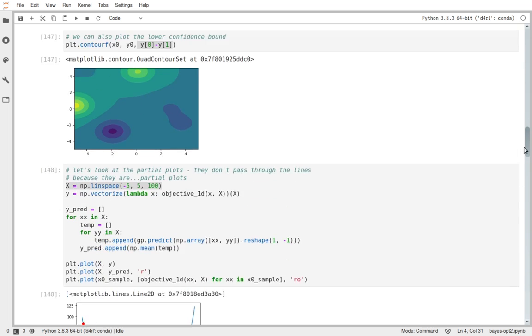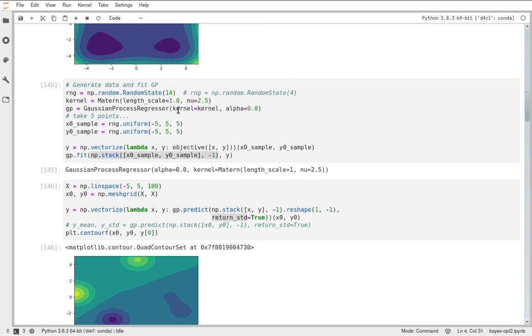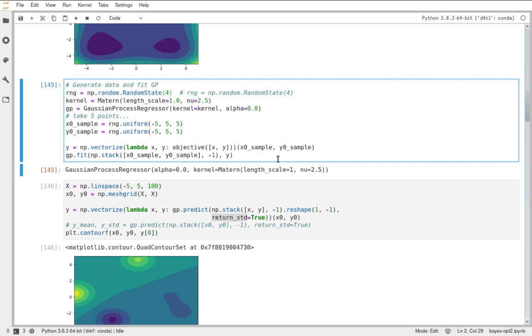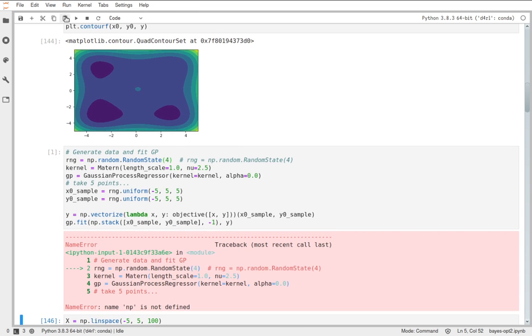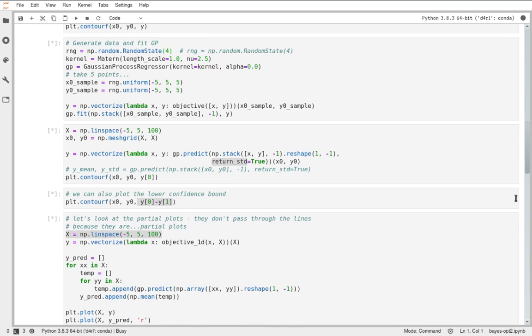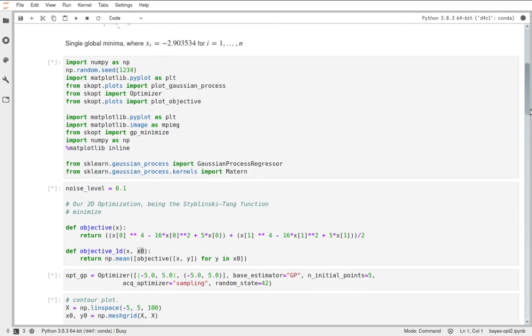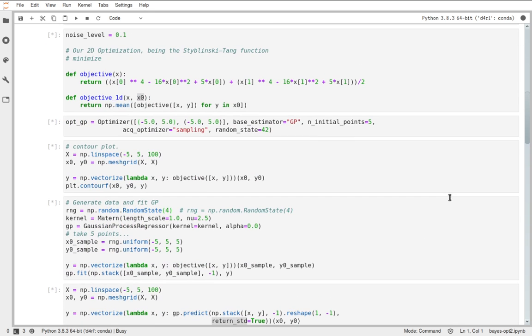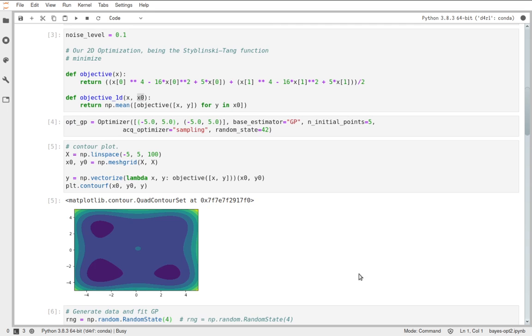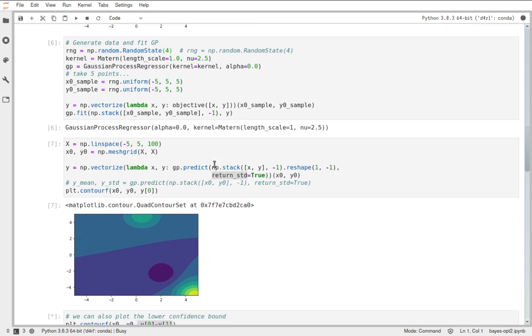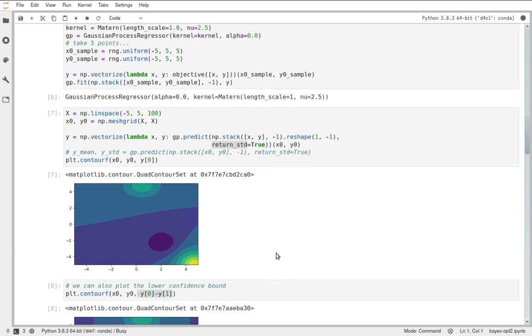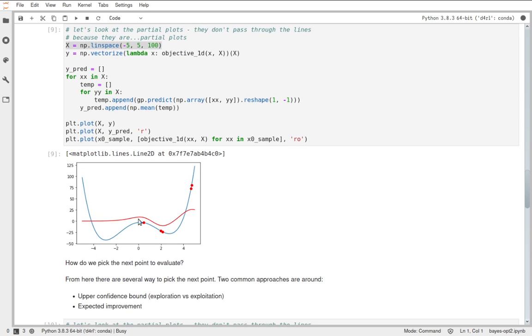All right, so as I said, let's change some of the seeds and see what happens. I'm going to change the seed to 4, because I think seed 4 was actually really horrendous. Oh, I need to rerun this, of course. Yeah, so let's change the seed to 4, and you can see what a big impact it has, again, on our particular function. When we change our seed to 4, immediately the contour plot is nowhere near where we would like. If we look at the partial dependency plots, it just sampled everything on this side. You can see that it's explored a lot down here,